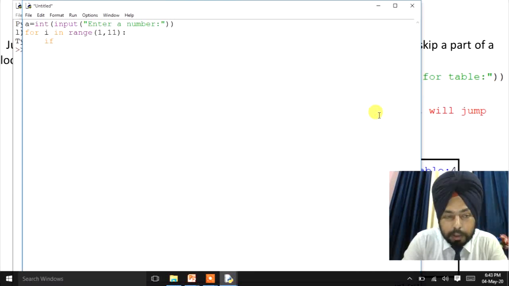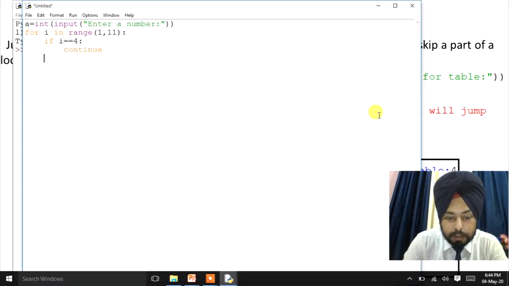Now we'll use a condition here: if i equals to 4, right? Then it will jump the condition. We can type here continue. Continue means the statement will jump from here.